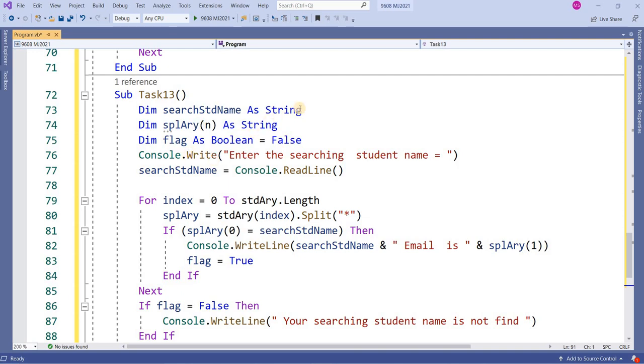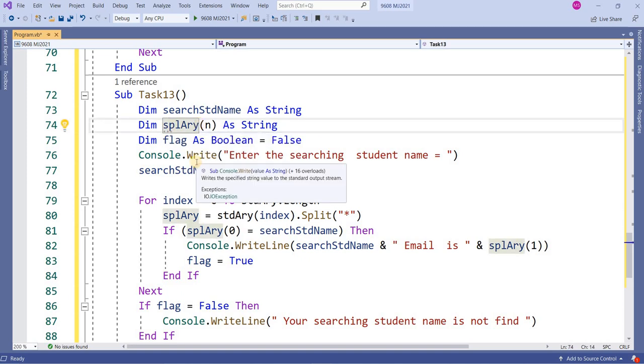What I'm doing here, I will search the student name, and this is the split array because I will split the student record into another array. That one record contains 3 fields, and I want to make those 3 fields into separate fields in another array.